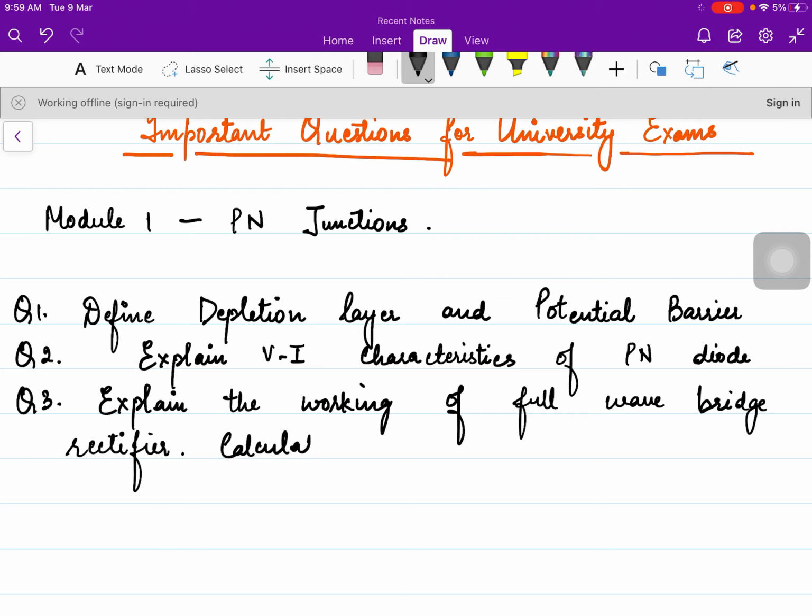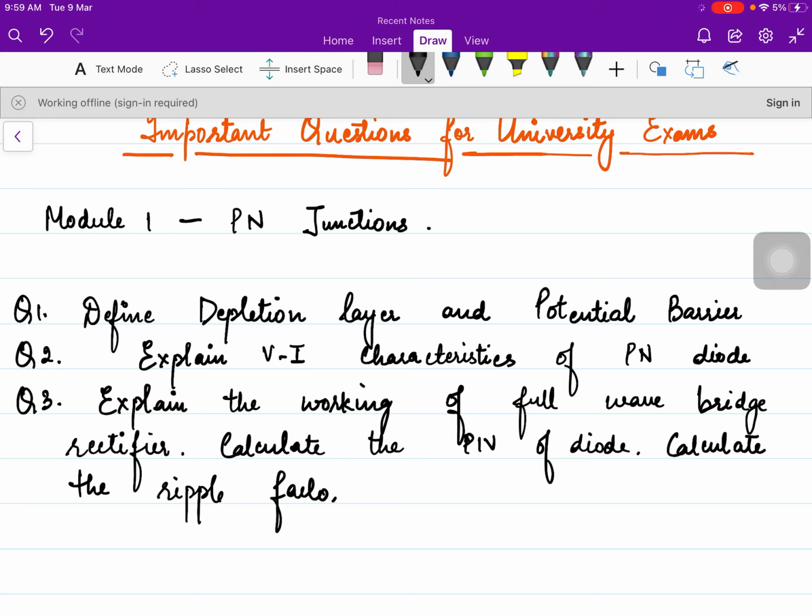Calculate the PIV of each diode. So for any of the diodes, you can calculate PIV of diode, and you could be also asked to calculate the ripple factor and efficiency of rectifier. So for that, you must know the values of, just go through very well the values of